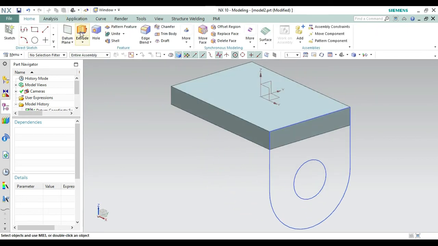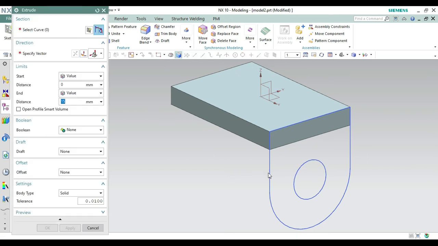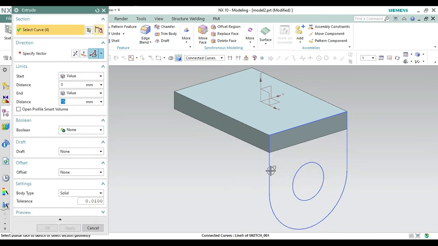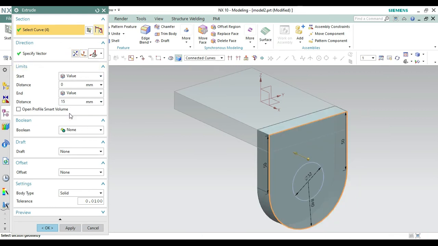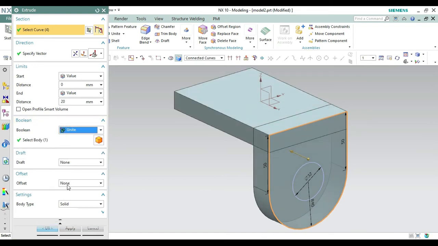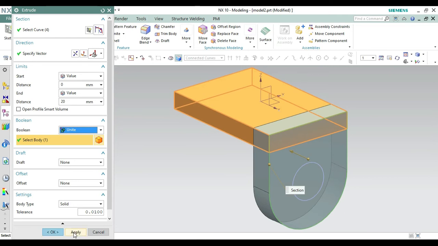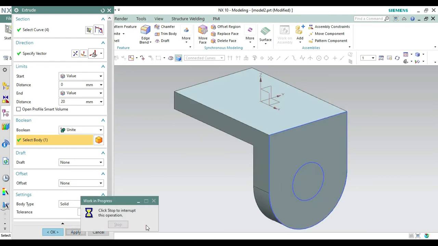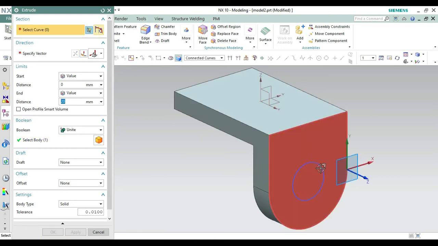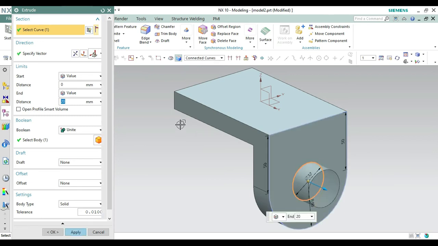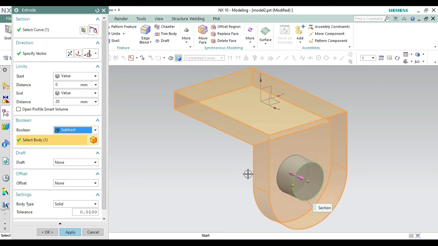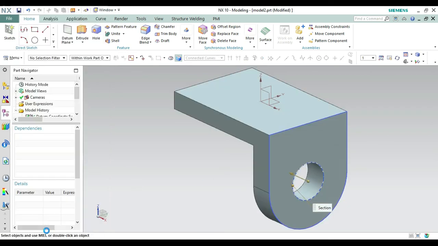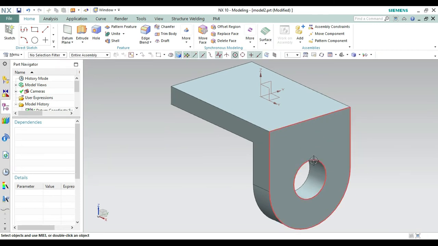Now let's work with the first sketch. Select the extrude command and then select any of the lines in this, like this one. Reverse the direction to inside and we require a distance of 20. Let's do it as unite. The body has been selected, one body present, and make it apply. Now we have to select this circle. Selecting this circle, reverse the direction from here and let's make it subtract. The body has been selected, only one body, and make it okay. In this way we can see our left portion has been created.